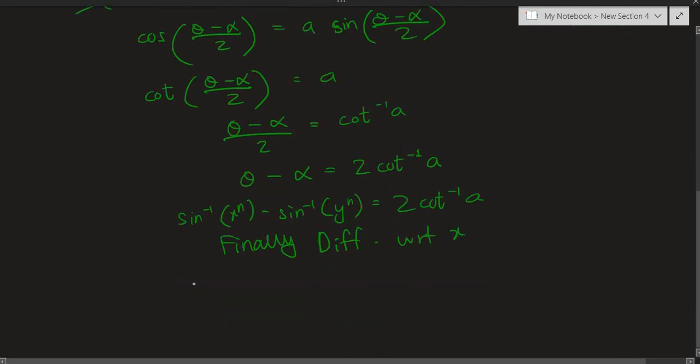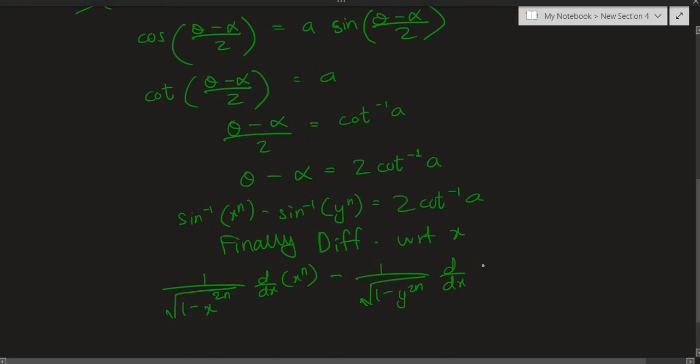So we end up with the derivative of this thing, which is going to be 1 divided by the square root of 1 minus x to the 2n, because it's x to the n, the whole thing squared, so x to the 2n, times the derivative of x to the n by the chain rule, don't forget the chain rule, minus the derivative of this thing, which is going to be 1 over the square root of 1 minus y to the 2n similarly,